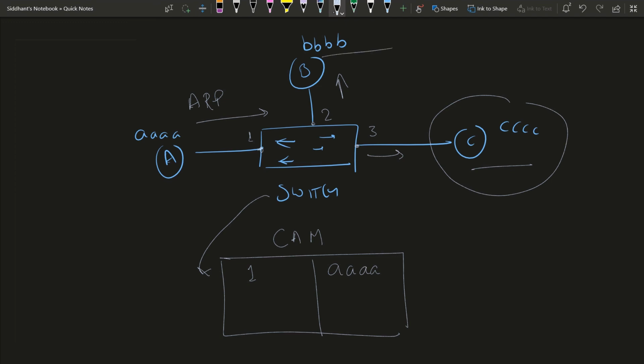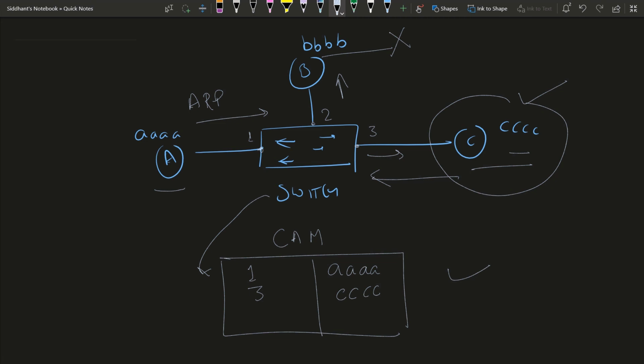This B PC will discard it, this C will accept the request, and it will respond using its MAC address. The switch will see that response and it will write that PC3 is located at CCCC. Okay, now this is done, and now the communication between A and C can happen automatically.